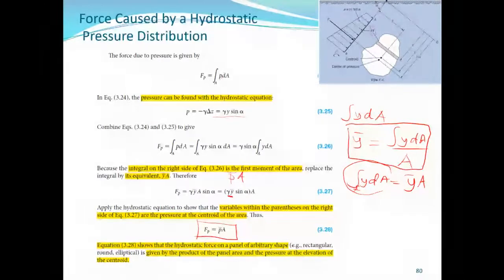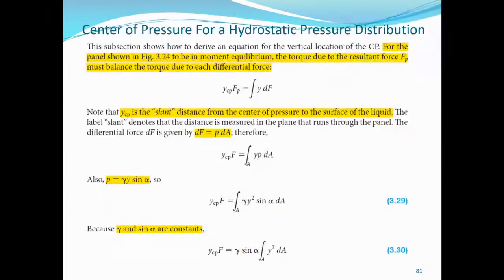Now, having established that the pressure force, or the hydrostatic force, acting on a submerged panel is given by the product of the pressure acting at the centroid and the area of the panel, we have to go a step further to find the center of pressure. And to find the center of pressure for a hydrostatic pressure distribution,